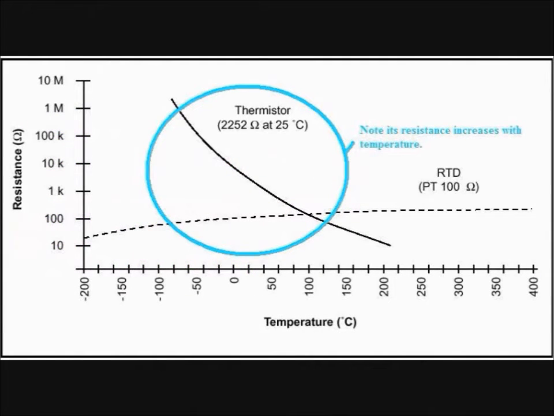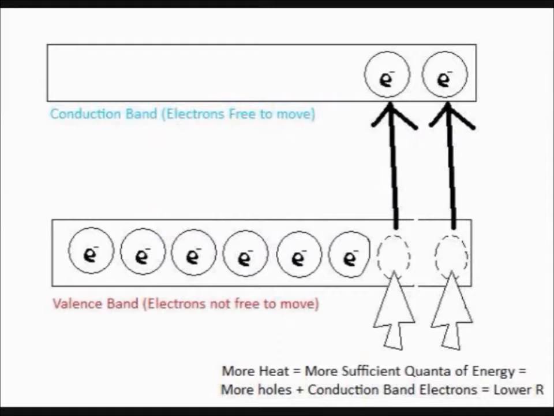So, photoconductors' resistance decrease as temperature or light intensity increases is explained. As temperature increases in photoconductors, more quanta of energy is similarly provided to the electrons, and more electrons are excited to the conduction band, and hence more holes are created. This increase in charge carriers allows more current to flow when an electric field is applied across the semiconductor, decreasing